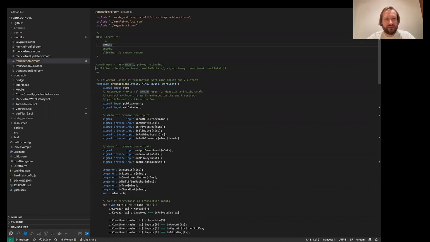But in the case of Tornado Cash Nova, if you deposit, for example, 3 Ether, you could split it into 2 different amounts and withdraw, for example, only half an Ether. So the amount in the deposit is not linked to the amount in the withdrawal.